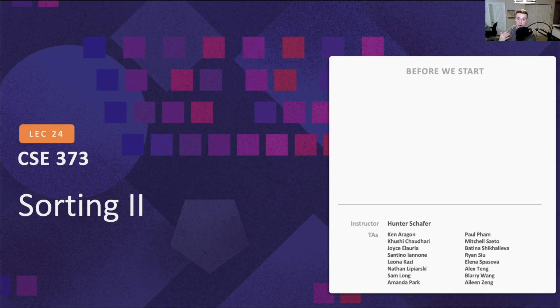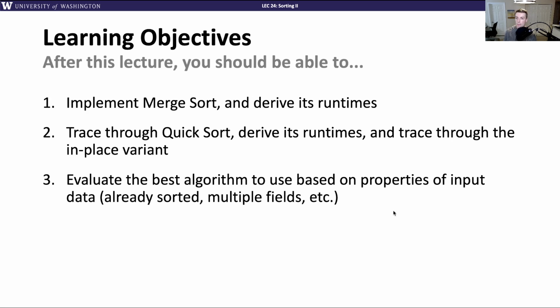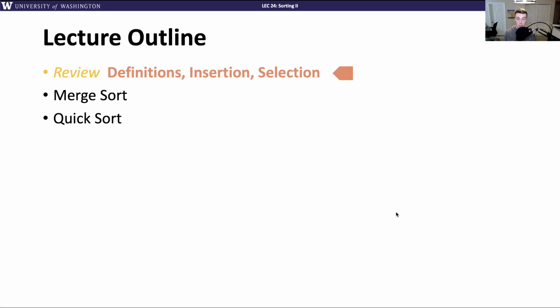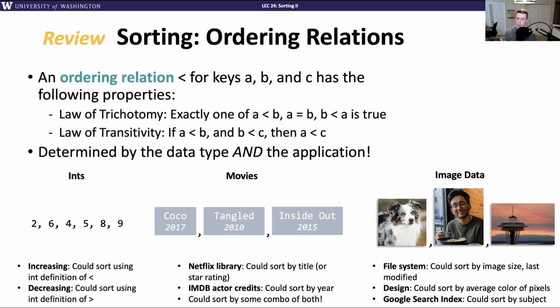But in this video, I want to start with highlighting kind of what we learned on Monday. So on Monday, we introduced the problem of sorting. And sorting was this nice kind of easy problem to describe. You just sort a list of values. But it was so abstract that we had to give a lot of terminology and definitions to make it work in all possible cases. So we introduced the notion of a sorting relation or an ordering relation, which is how